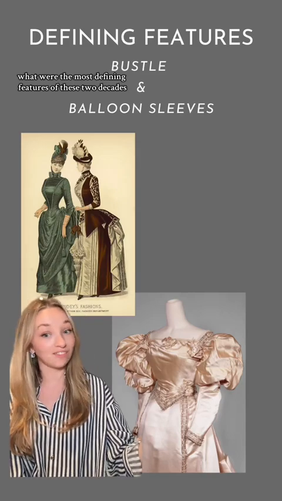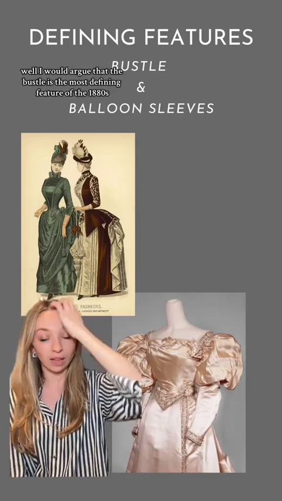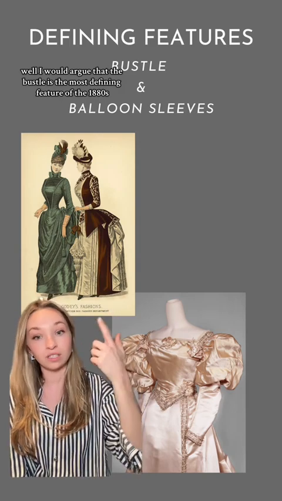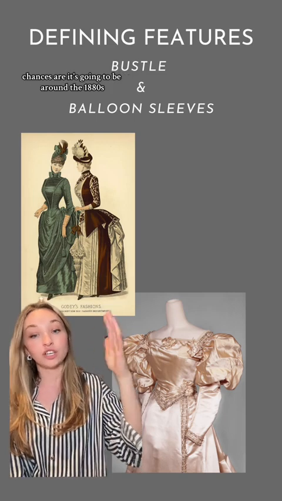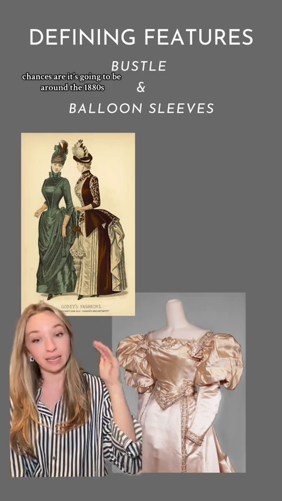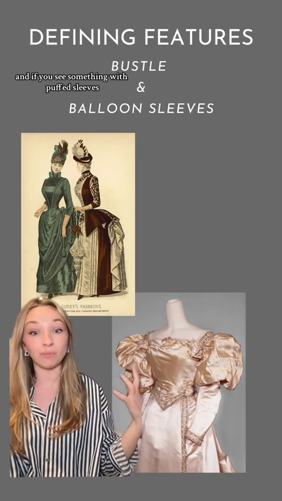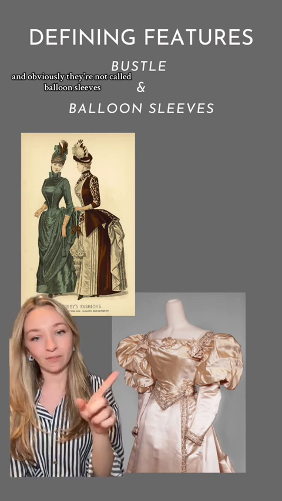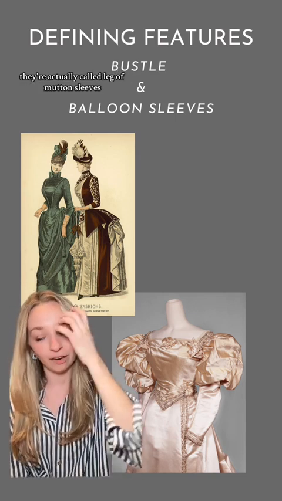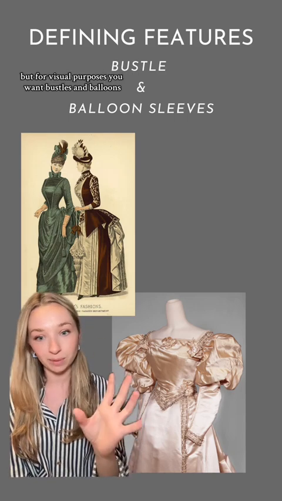What were the most defining features of these two decades? Well, I would argue that the bustle is the most defining feature of the 1880s. So if you see something that has a bustle, chances are it's going to be around the 1880s. And if you see something with puffed sleeves, it's a dead ringer for the 1890s. And obviously they're not called balloon sleeves, they're actually called leg of mutton sleeves, but for visual purposes, you want